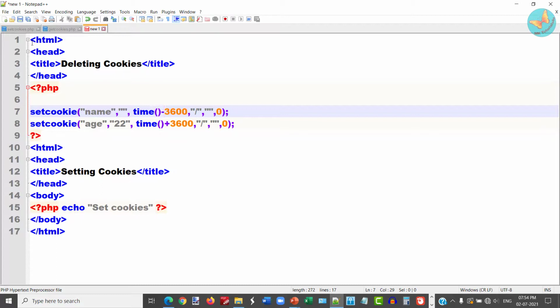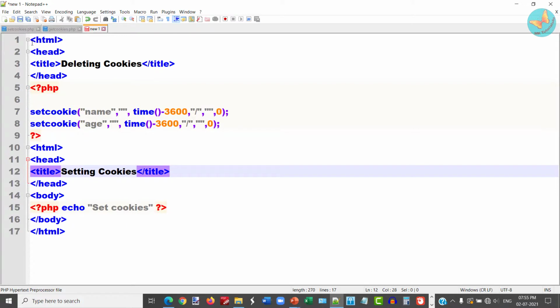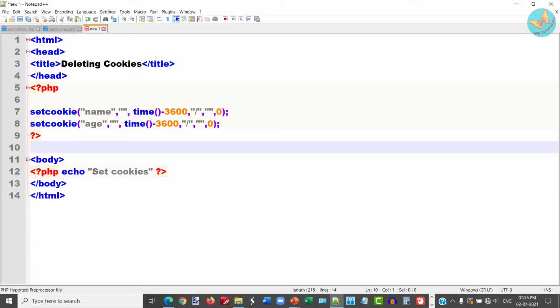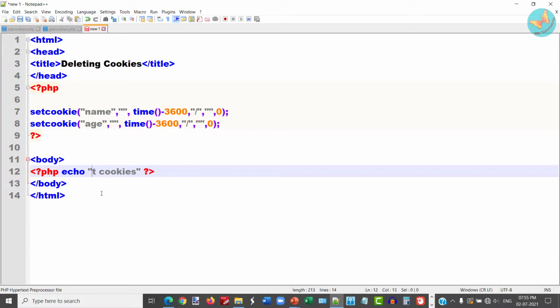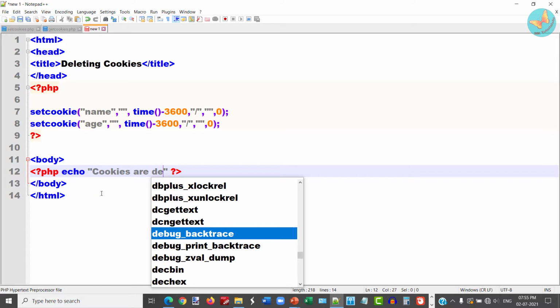Say I want the expiry to be 1 hour before it is created, so automatically this cookie will be deleted. So I'll repeat this again for the age. I'll remove the value and I'll set it to some earlier time period. So this will delete the cookies, and I just want to display the message that cookies are deleted.